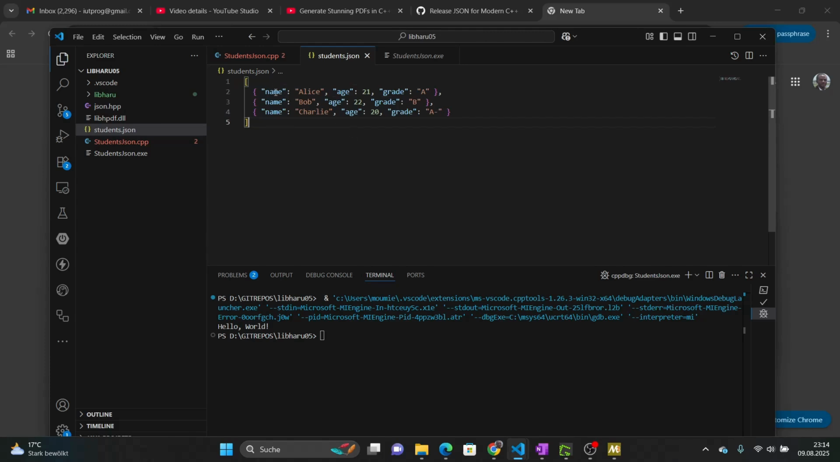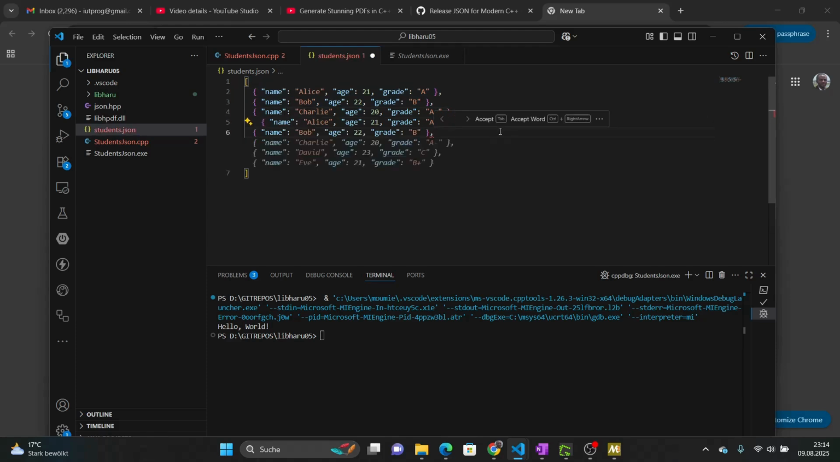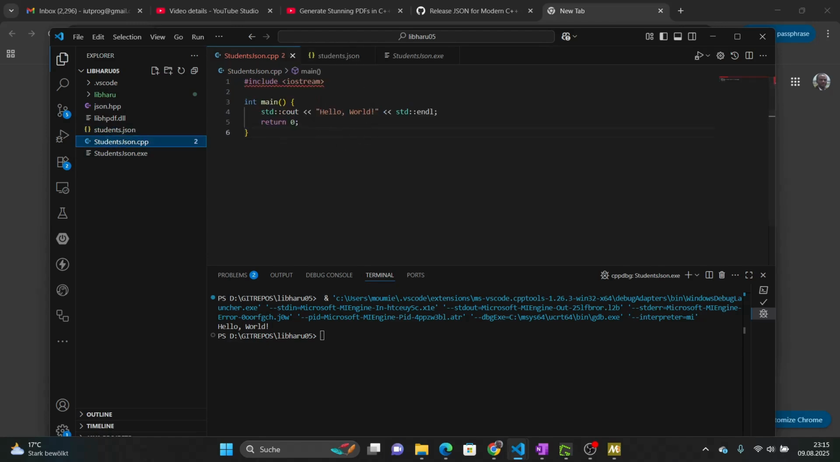So here we have the name, we have the age, and we have the grade. We only have now like two stuff. We can also add this one to have 5 or even more. Right, we have here many data inside. So here is it, and so what we have to do now is to come back to our C++,